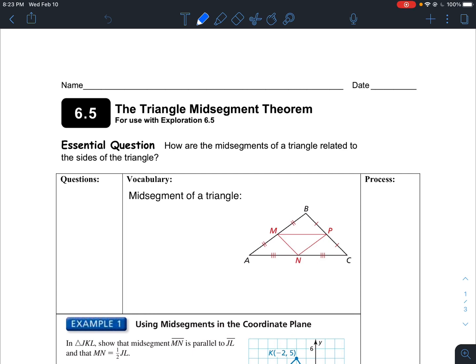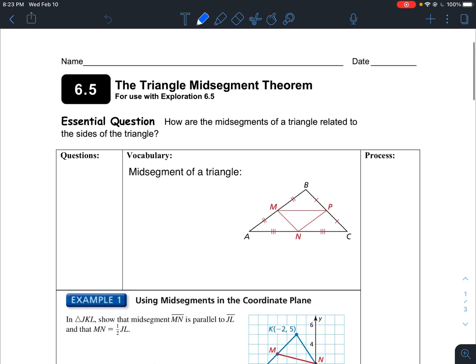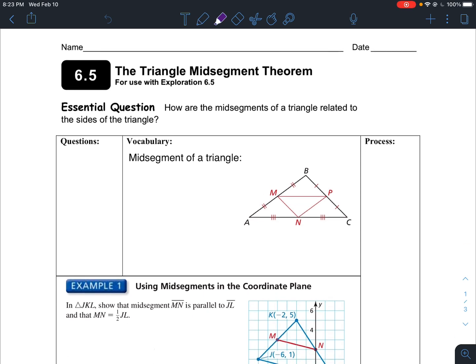So last time, in the last video, you learned about the median of a triangle. And the median was a line that connected from the vertex to the midpoint of the opposite side. So these were medians. And then we learned about altitude, which was a line from the vertex that intersected the opposite line perpendicularly. So those were those two. So now let's talk about the